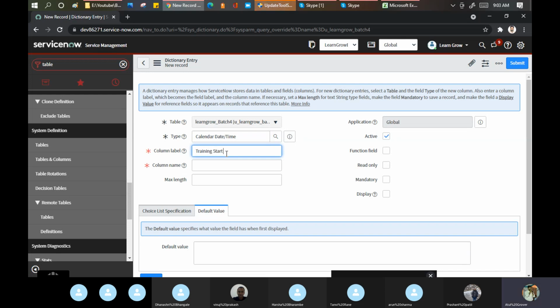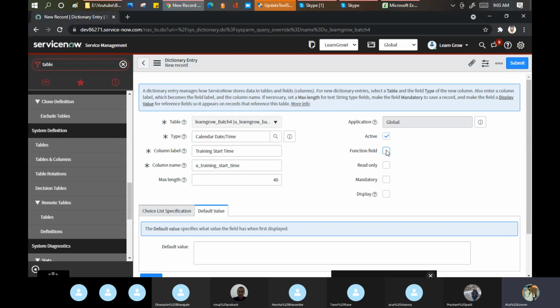Training start time. The column name will be created automatically, with u underscore. Why u? Because it is my user defined one. What is the maximum length? I can say it should be 40 only. These things I'm just skipping as of now because we will cover these three options in the UI policy.